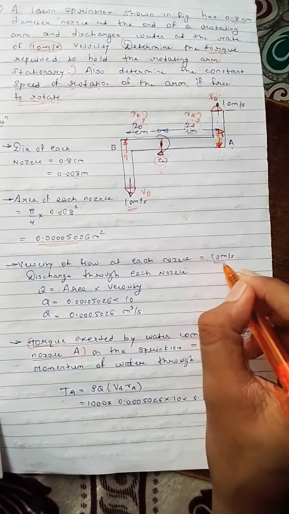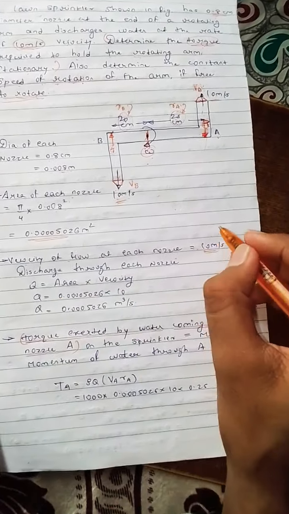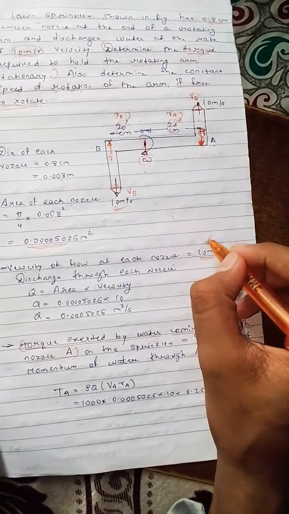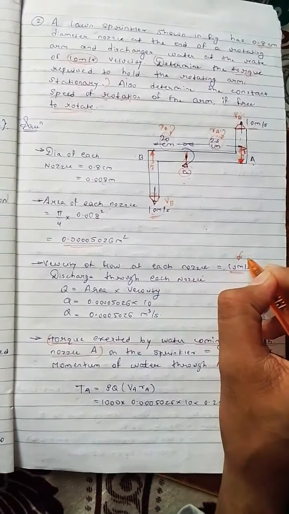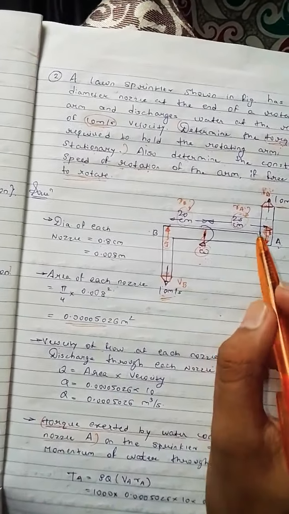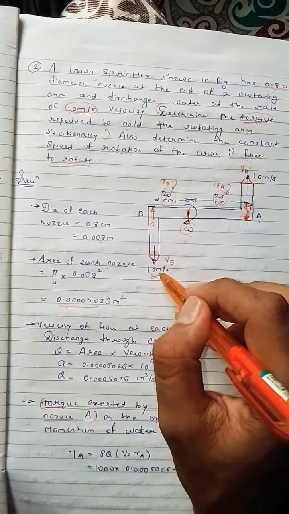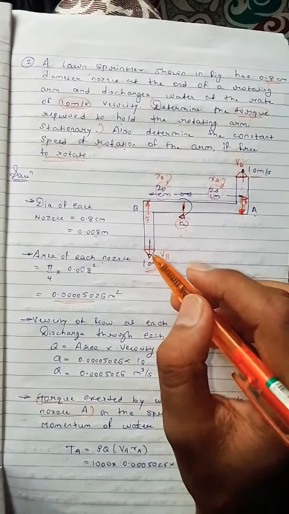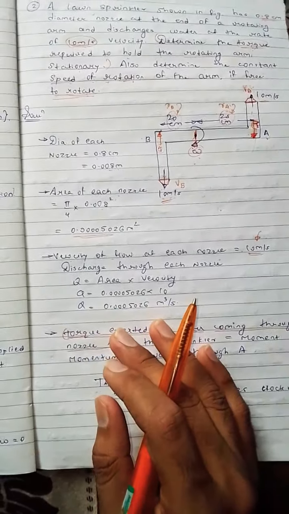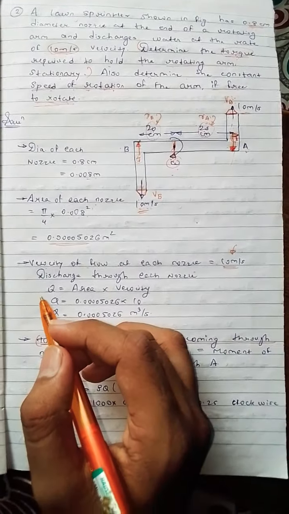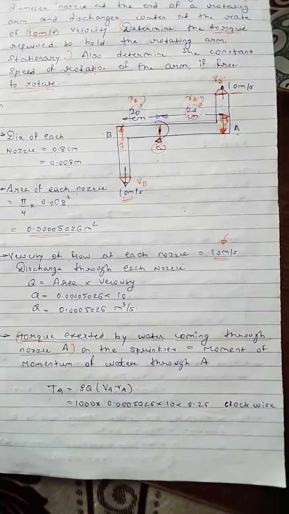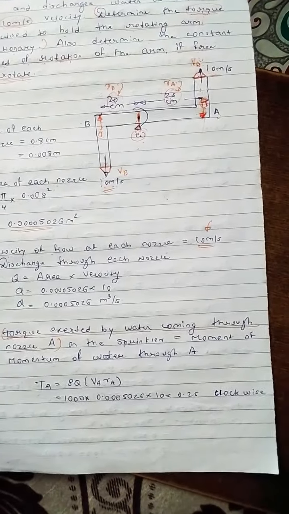Okay, 10 meter per second. So meter cube per second. You should note that this is the absolute velocity. Correct. If they have given directly the velocity, we can use this velocity as an absolute. If you don't know the absolute velocity, go through the previous videos. You will be getting it properly. What is absolute velocity?